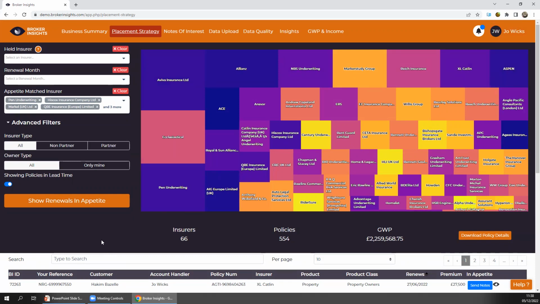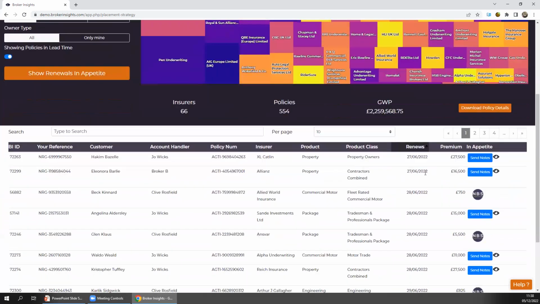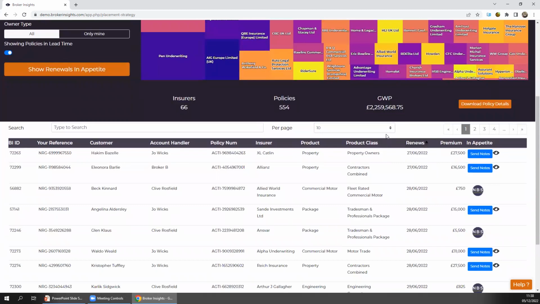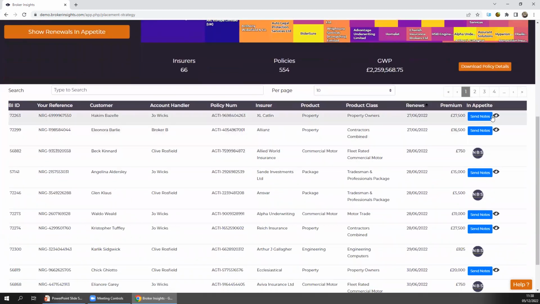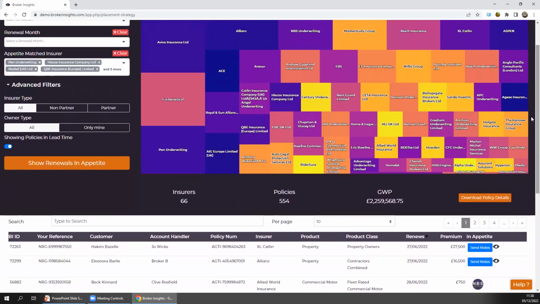You can also have a series of rules. So have a default maybe at 60 for larger policies, maybe 90 to 100 days for smaller policies. It's up to you. What it does do is apply that filter, and it'll only then play back to you policies that are coming due for renewal and that also meet the appetites of any of our partner insurers. So again, as I mentioned on the business summary screen, it's not there to replace, it's there to work alongside your existing renewal reports that you will be getting from your existing broking systems.